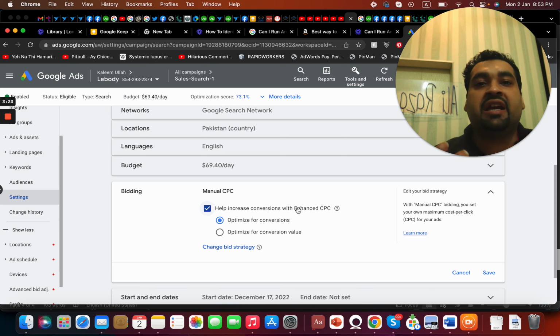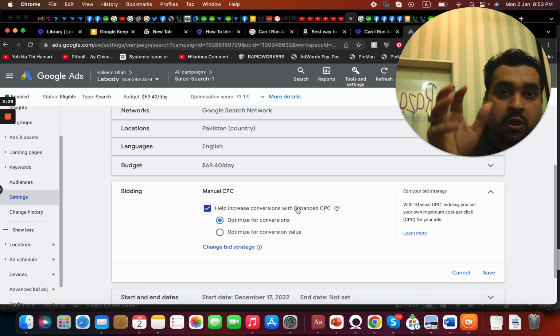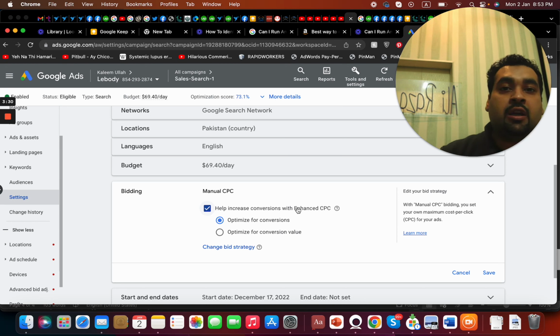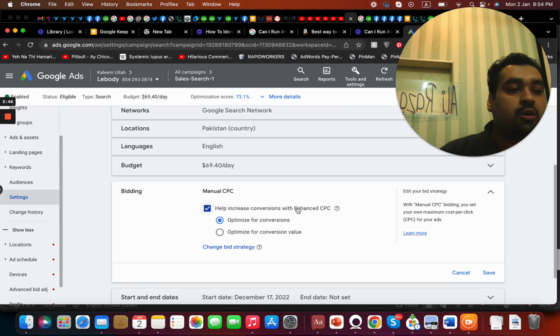What happens with enhanced CPC is Google allows itself, if you allow Google, to go more than 30% over your allocated budget if they think that the user is much more likely to convert. With Google's advanced AI and algorithm, in case they feel a particular user is going to convert well, they can go 30% more than your allocated